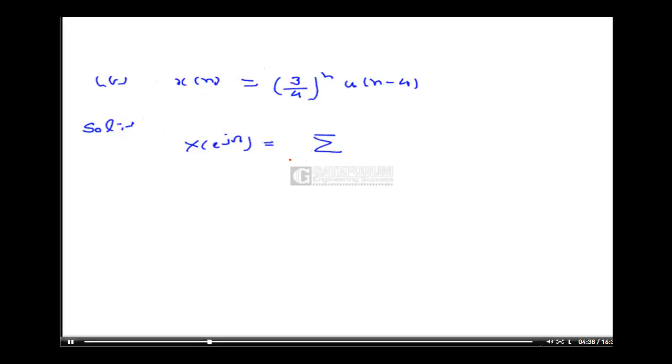Next, again x[n] is given. Find DTFT of x[n]. Summation n from 4 to infinity of (3 by 4) to the power n e to the power minus j omega n. Okay. Now,